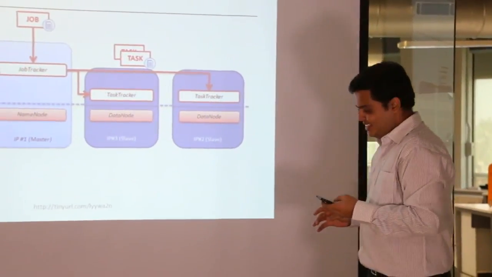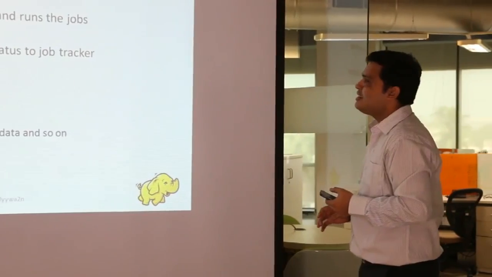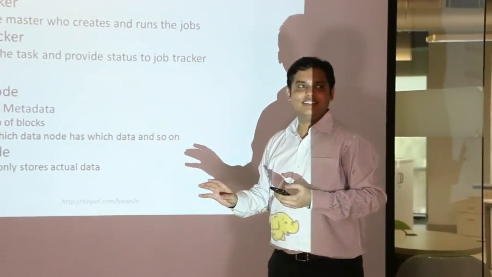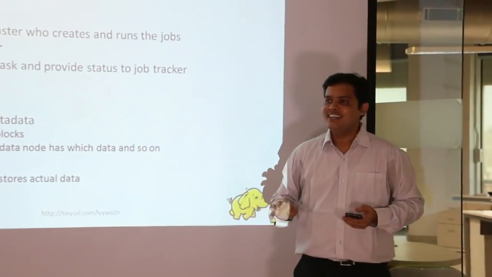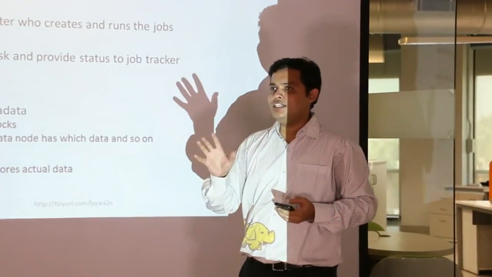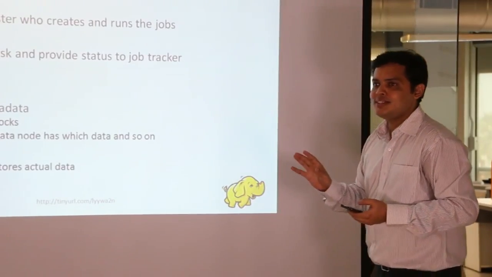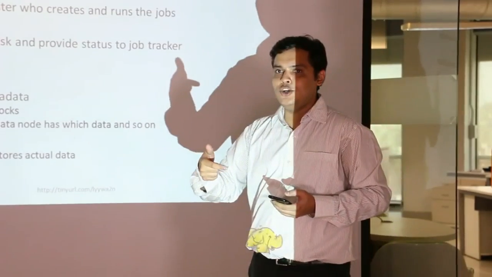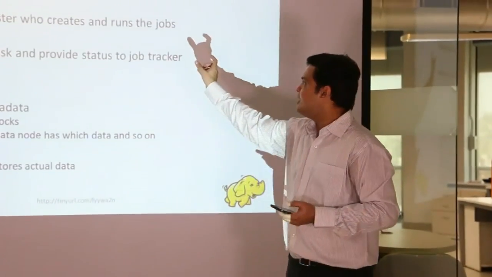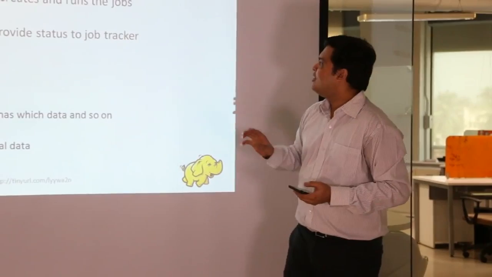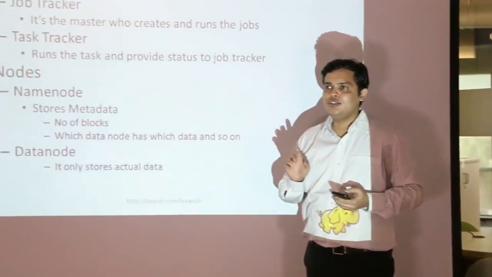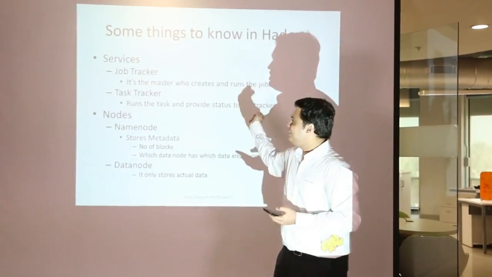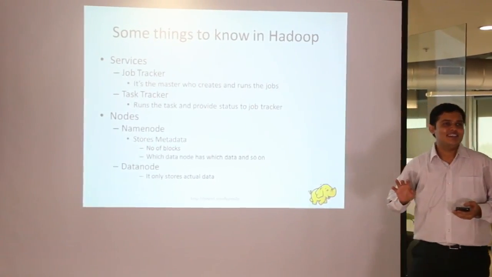Right. Is it that simple? It's that simple. So what is the job tracker? Difficult job comes after that. Okay. Yeah. So what is the job tracker? It is just a master who creates and runs the jobs. Right? So as soon as I get a requirement, as soon as I implement a Hadoop thing, I will just create one job and I will execute that job. What will this task tracker do? It will actually continuously go on asking, has the work been done, has the work been done, has the work been done, and it will just update the job tracker.